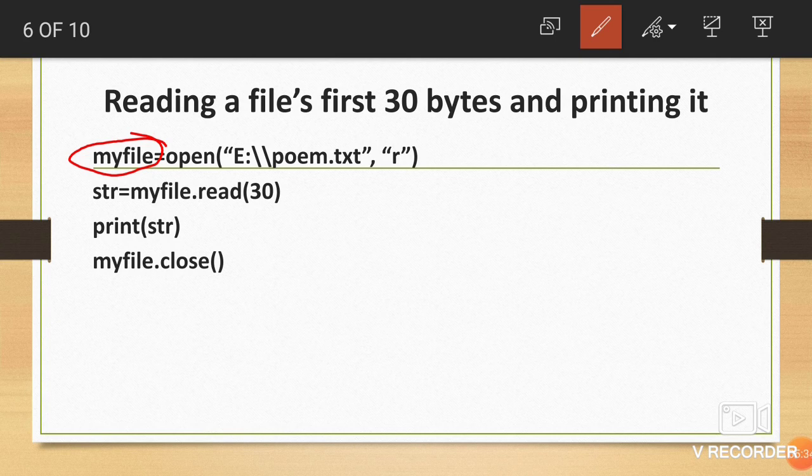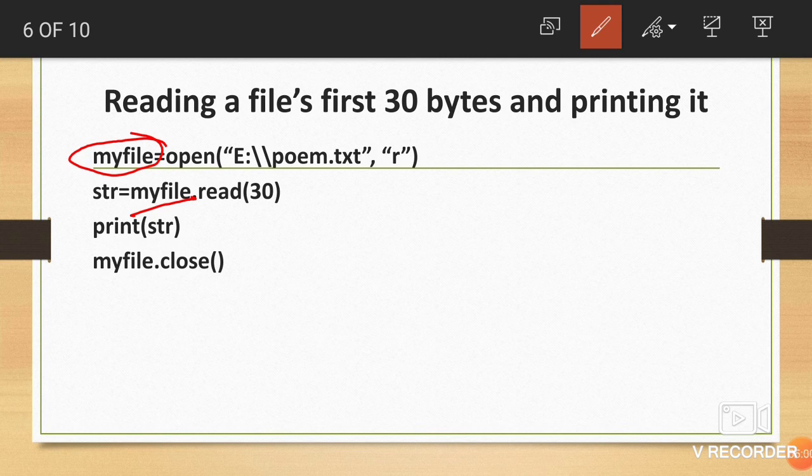Means what? The reference of poem.txt is stored into the file object. So naturally, for reading purposes, if we want to read poem.txt, you have to use the file object. So this is your file object, myfile.